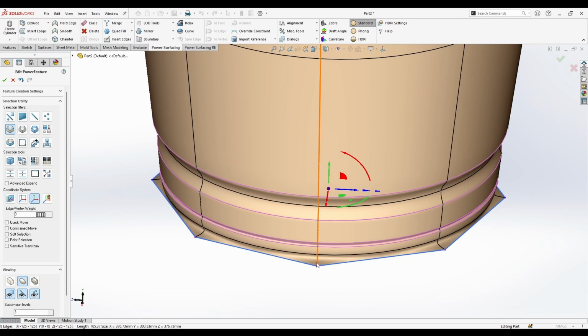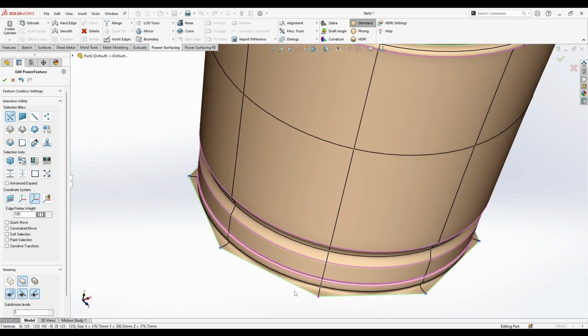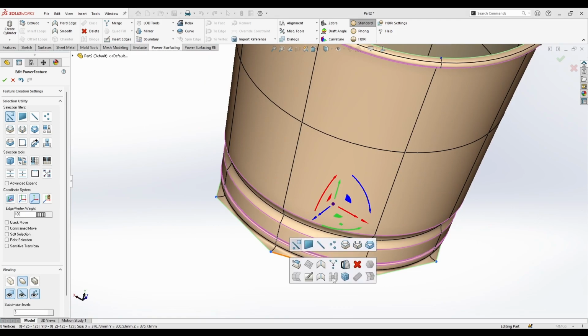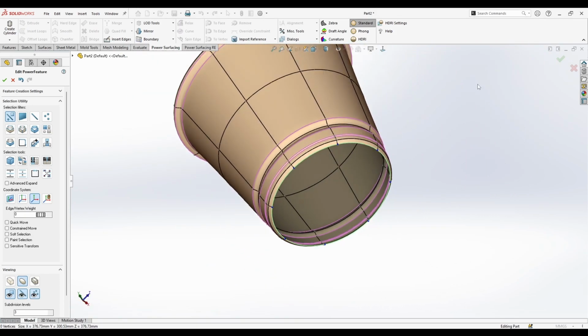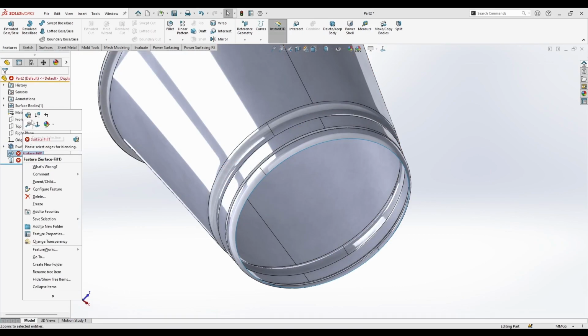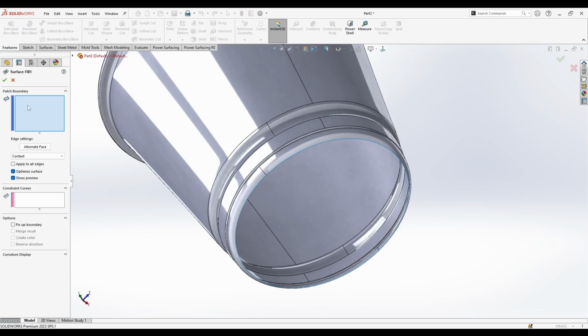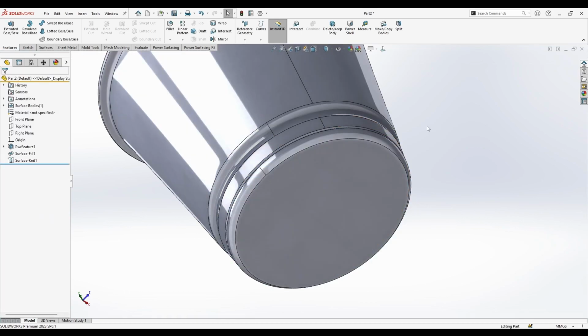Clear our reference. And let's make these vertices smooth. All right, and then just convert again, edit the surface, fill, select these two edges. Now the net's gonna be fixed,